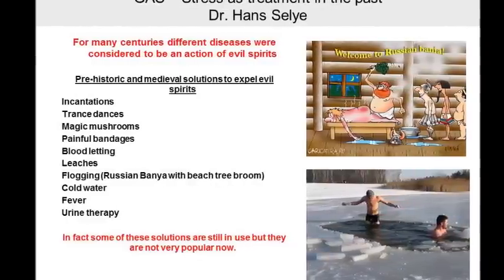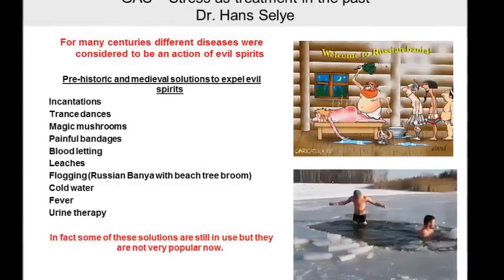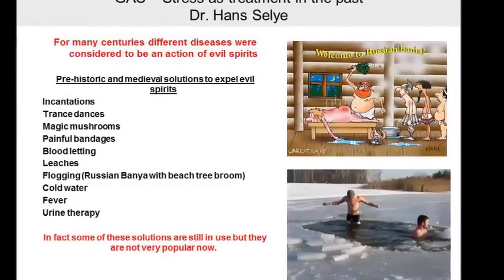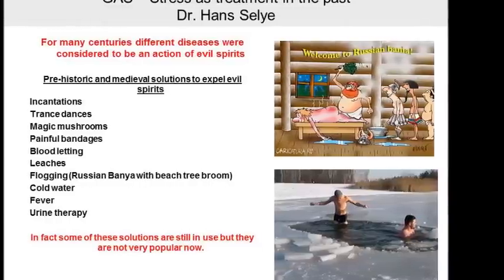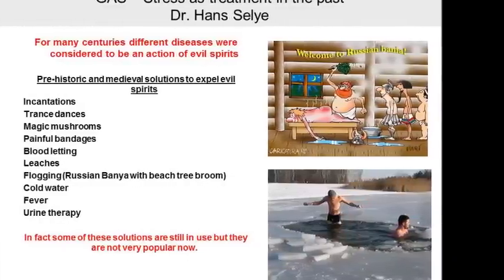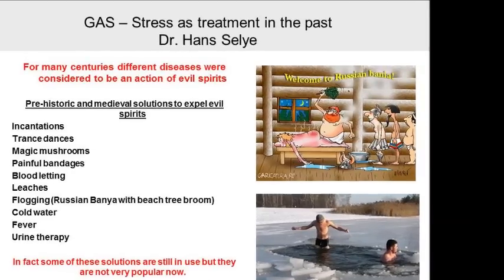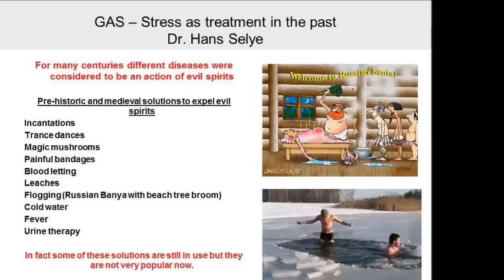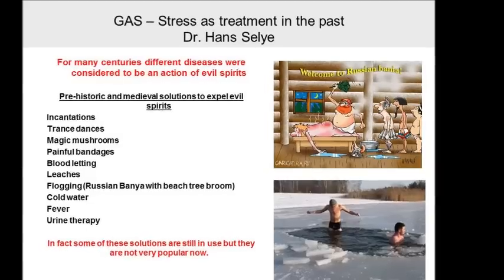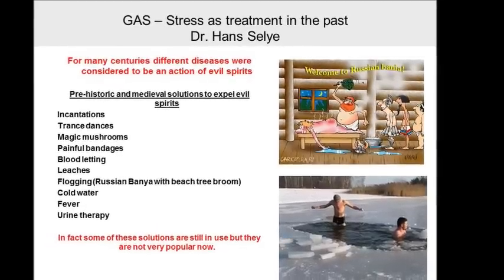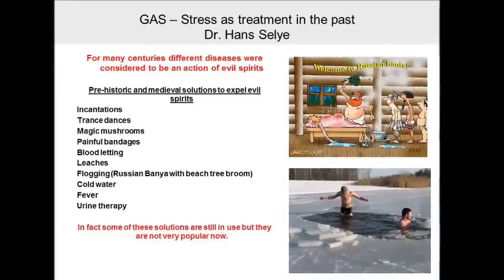There is a Russian sauna, actually it's called banya. It has a bunch of beech tree branches. We collect it in summertime with leaves, we dry it, and then when the heat is applied, we beat the body. So actually it's a type of stress that increases the circulation. And people that regularly do that experience relief of different symptoms. It clarifies the mind and so on.